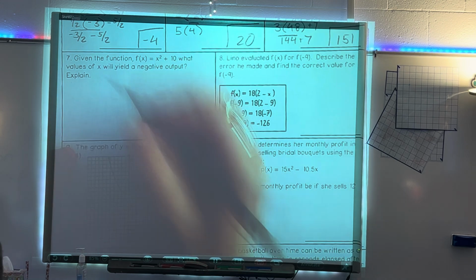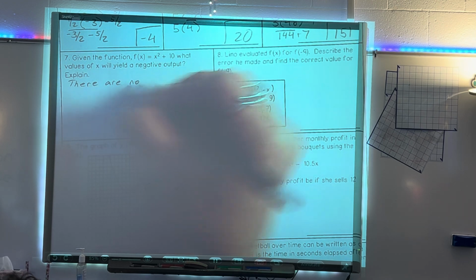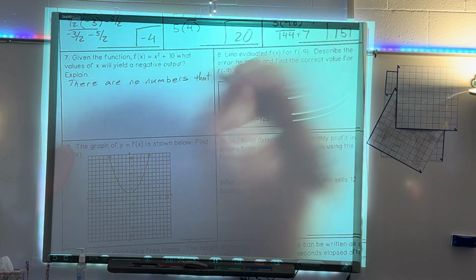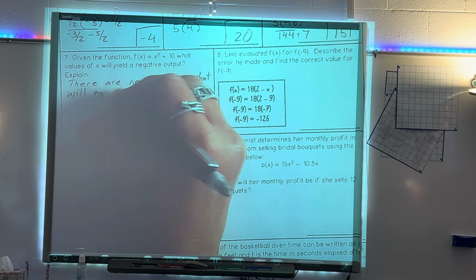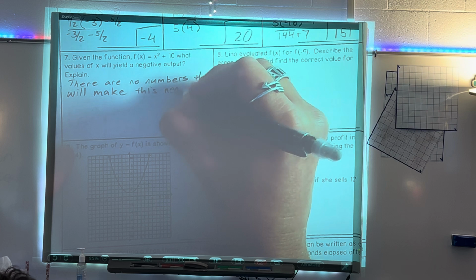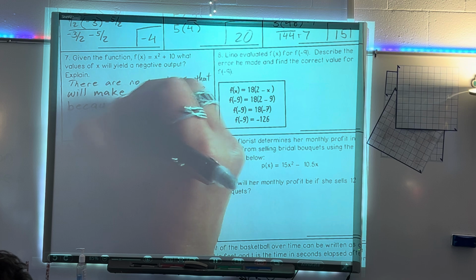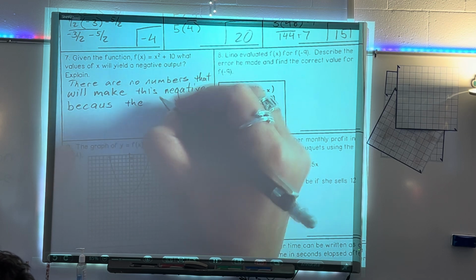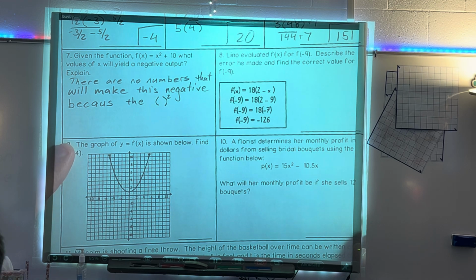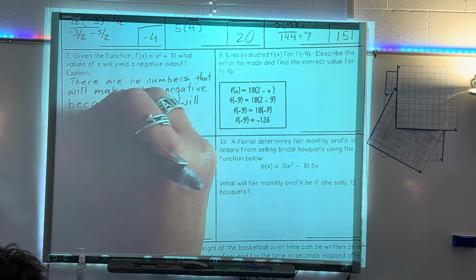Does that make sense? So I'm going to say there are no numbers that will make this negative, because I'm going to write what y'all said. Because, and I'm going to write this, you can write x squared, it really doesn't matter, but I just use that to mean anything squared. So the x squared of the square will always